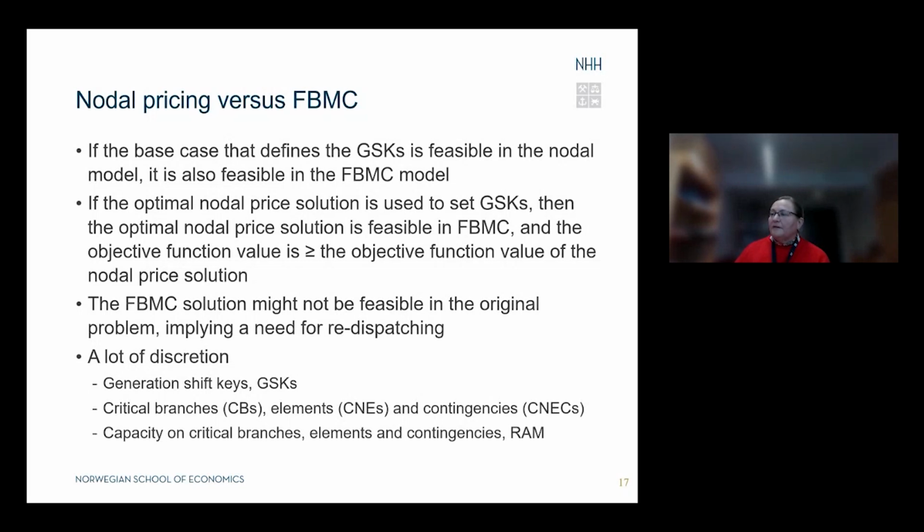I also think that there are a lot of issues around the fact that it's not necessarily giving us a feasible solution, and that there is a need for redispatching or balancing service also. And in order to assess the efficiency of it, we should also consider the redispatch of the whole system that is needed in real time. So thanks.